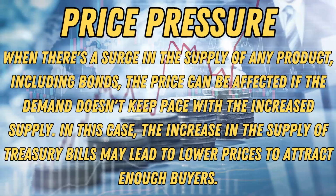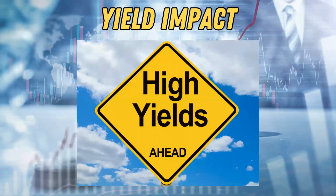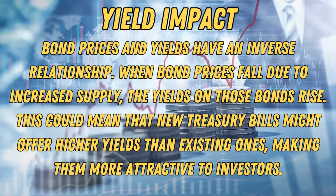Are people going to continue buying those, or are they going to try to put that money back into the equity market? Now, the next is going to be the yield impact, right? That's going to be the next case where this is going to be affected. Right, so bond prices and yields have an inverse relationship. When bond prices fall due to increased supply, the yields on those bonds rise. This could mean that the new treasury bills might offer higher yields than existing ones, making them more attractive to